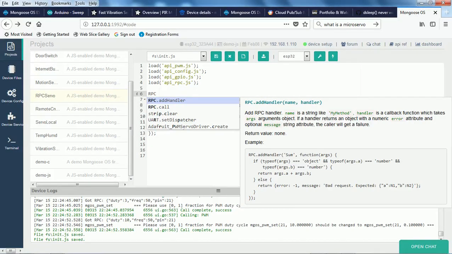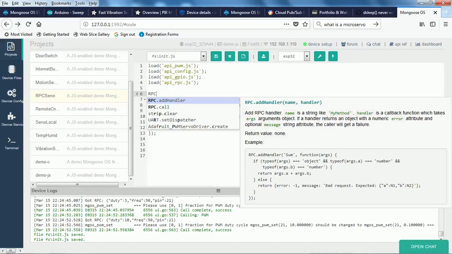So here you can see add handler. It takes two parameters, one is the name and another is the handler. The name is like my method, and the handler is a callback function which will take different arguments which are objects.